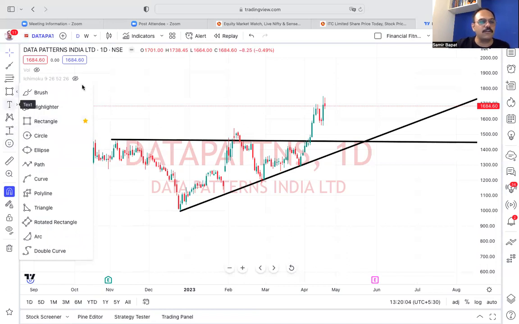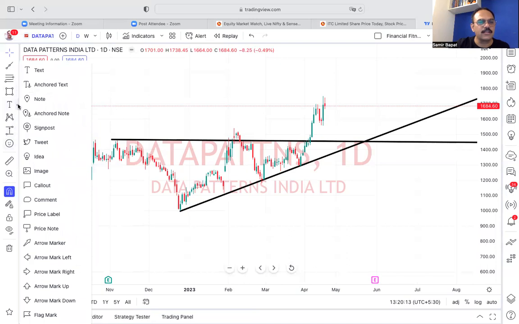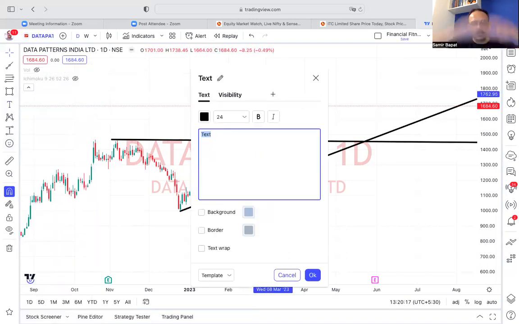Text, we forgot. If you want to put some comment, it's only for beautification. This is for text. You can click on the text, click here, and this text box will appear. Then you can write. This is very important. When we'll be sharing charts, you need to use this text. So go to text and say the pattern is in triangle,